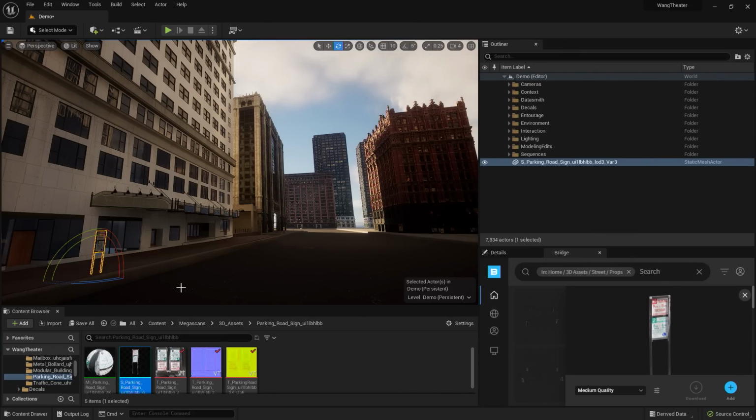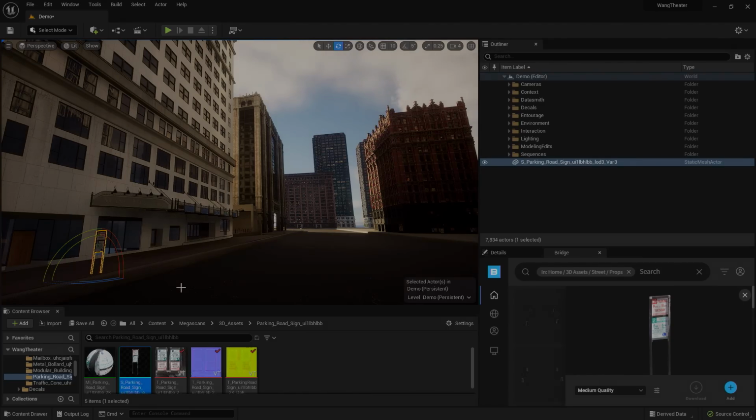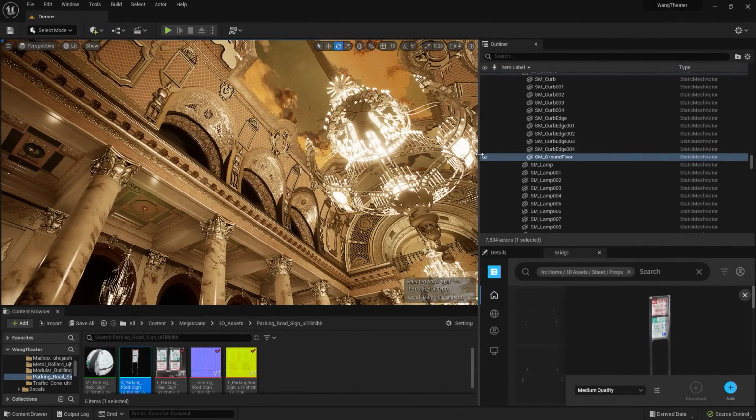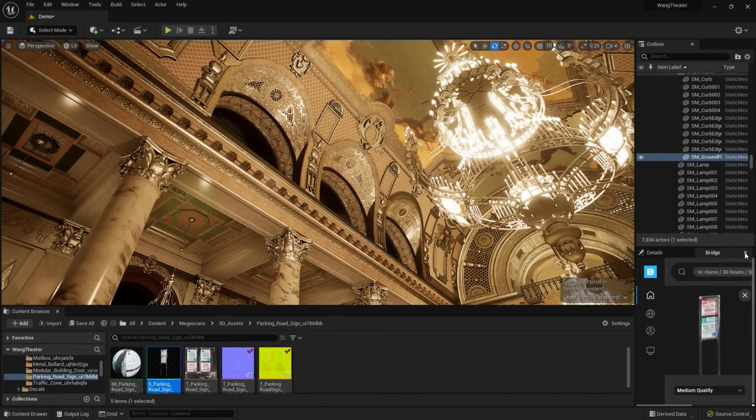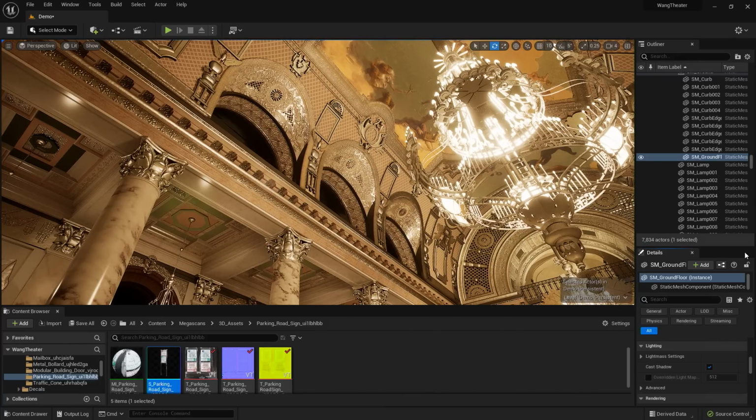So now that we have all of the geometry in and a little bit of behind the scenes for some of the context, I'll go ahead and go into the scene and let's take a look at Lumen. So now we're in the interior scene. I'm going to go ahead and minimize the side window here and close that Bridge since we won't need it.